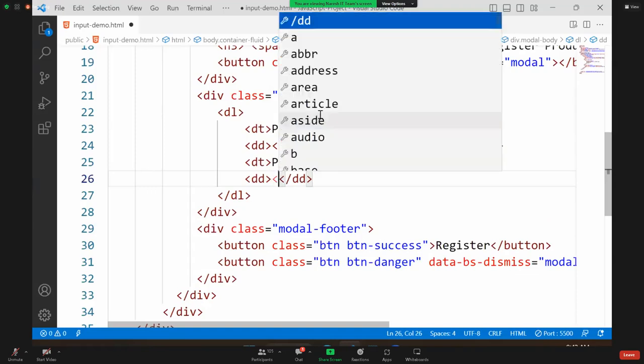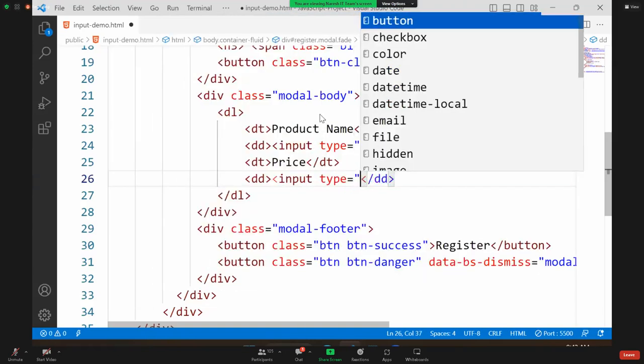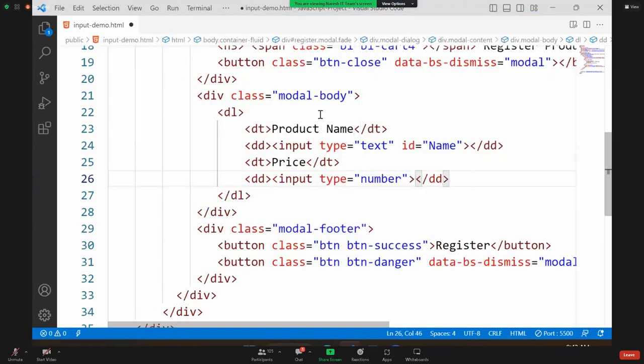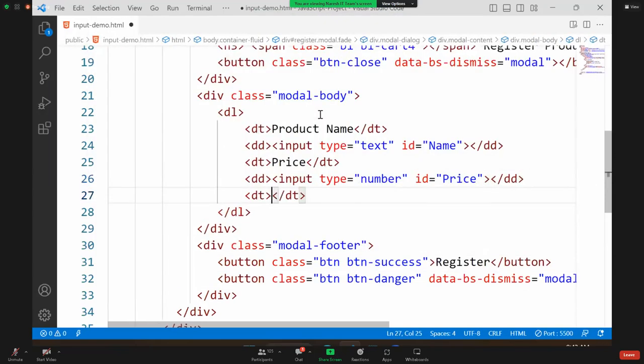We can use input type as number because it is numeric. ID is what? Price. Okay, next. Suppose I want to take input of city,